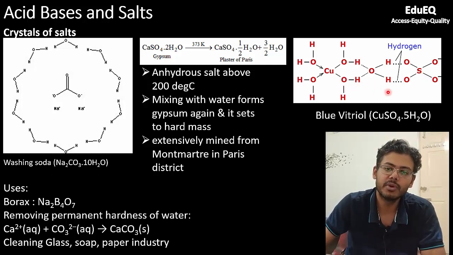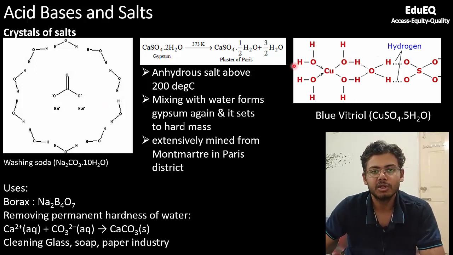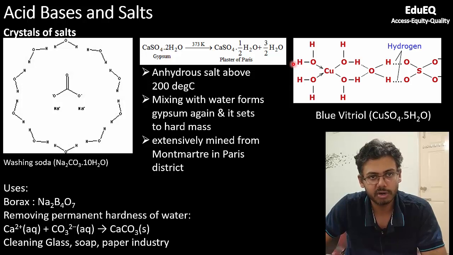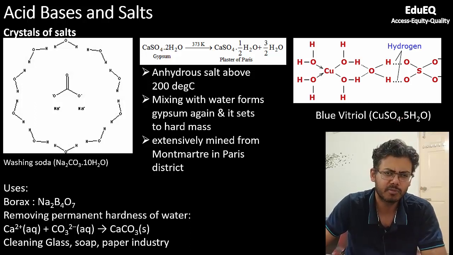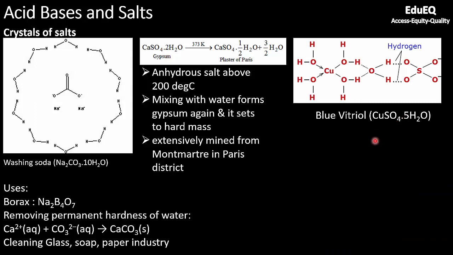So just think about it a little bit. What will happen if you heat this salt, or what typically happens when you heat any of these salts? Slowly they will start losing water molecules and they will start losing weight. And if you heat this blue vitriol, ultimately it will lose its color. So blue will become maybe colorless or maybe a very faint grayish color, but it will definitely not be blue.